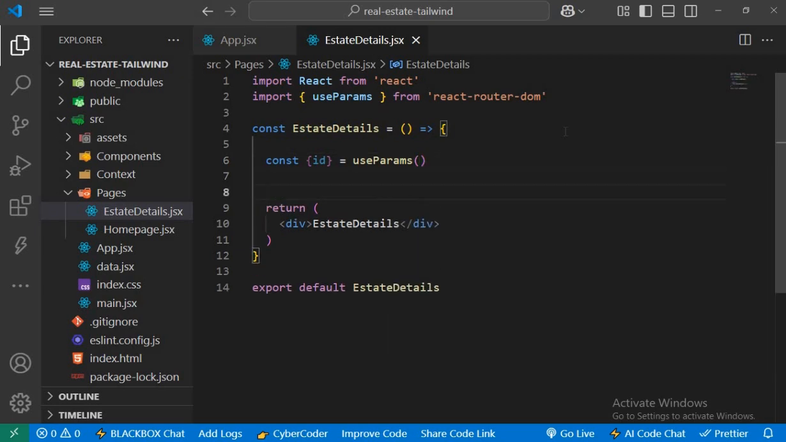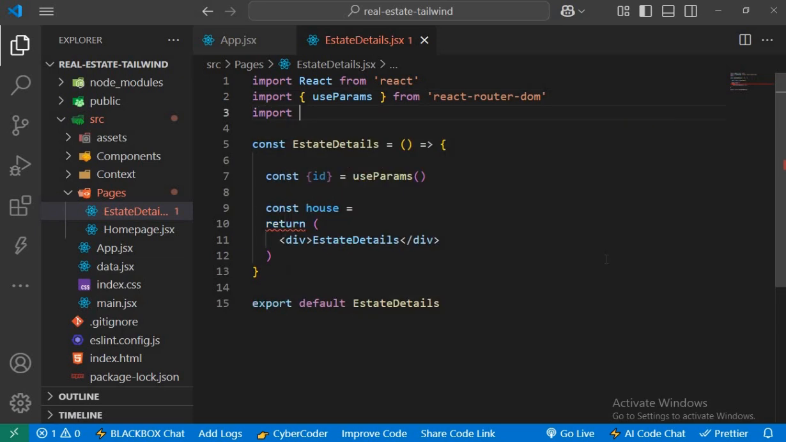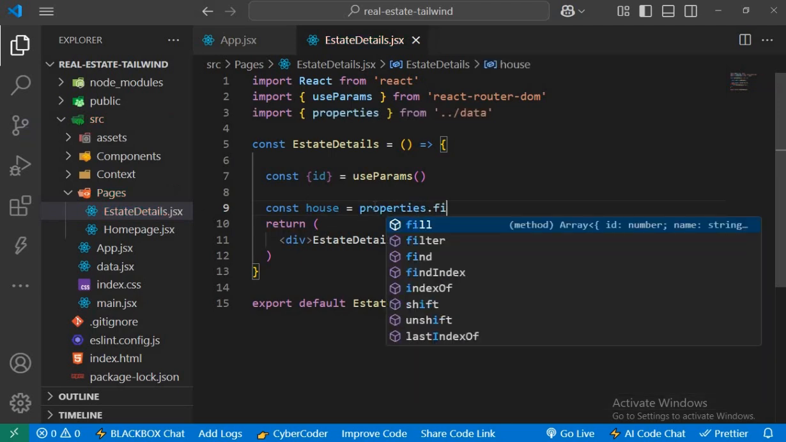And then the next step is to find the house details based on the ID from our route. So here, const house will be equals to properties. So first off, we need to import our properties from our data file. So right here, we're going to import properties from our data file. And now right here, house will be properties dot find method